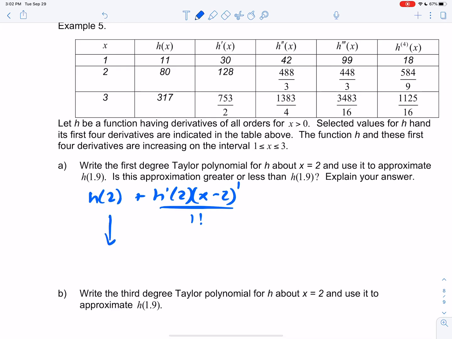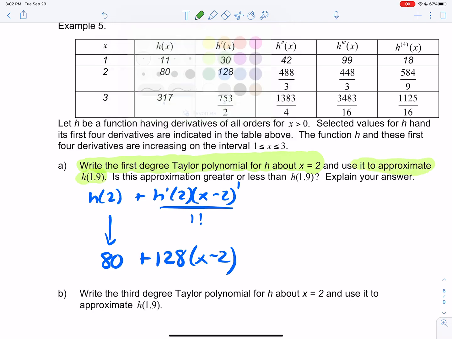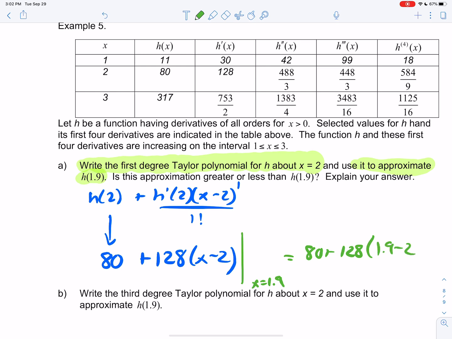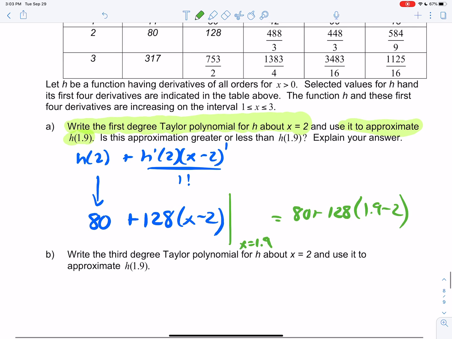All right, here we go. H of 2, according to that table, is 80. Okay? H prime of 2 is 128. All right? So we found the first degree Taylor polynomial. Okay, so now we have to use it to approximate 1.9. So all you do is you plug in 1.9. So that's just 80 plus 128 times 1.9 minus 2 equals. We're just going to leave it there. Okay, now I'm going to come back to that question later because I want to get to the error bound,